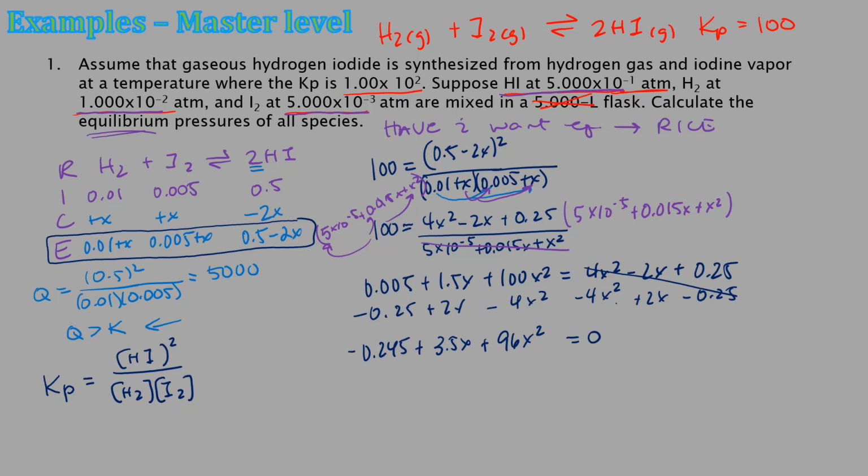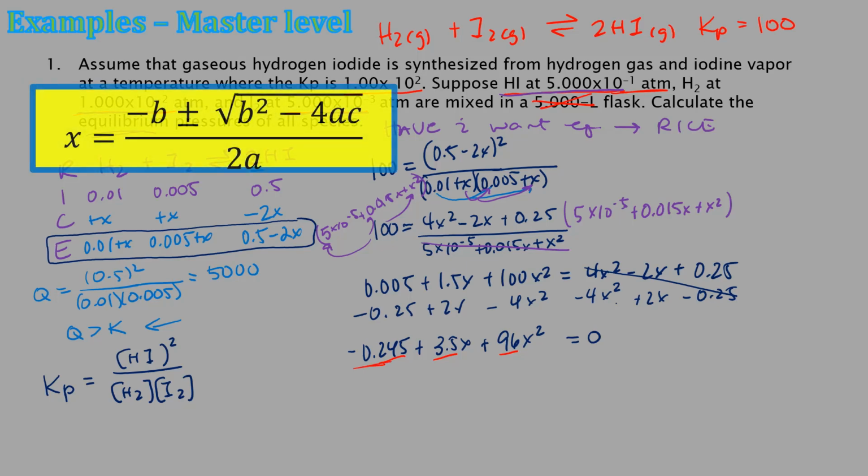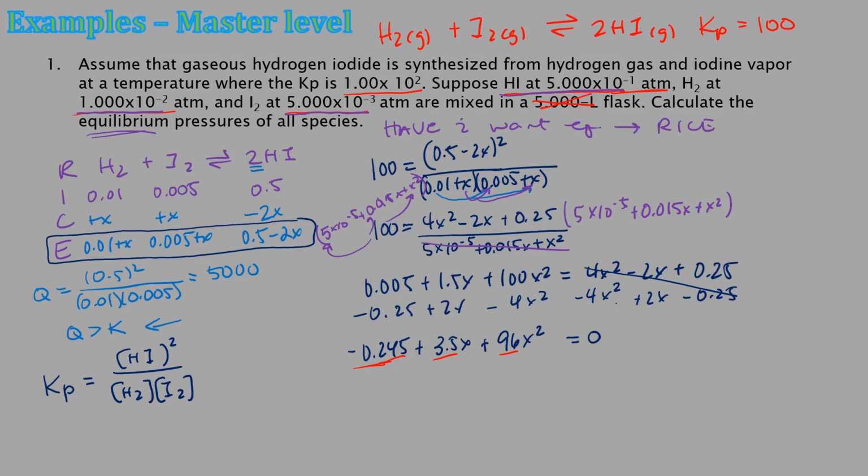All right, and then you can use the quadratic equation if you feel like you have to do it that way. I will show you how to program a quadratic solver into your calculator, into the TI-84s or 83. You can also use a quadratic solver on your computer. So this is the A value, the B value, the C value. Don't forget the negative sign for C. Remember, if you want to do it on paper, negative b plus or minus the square root of b squared minus 4ac all over 2a, you can use that too. But I plug this into a quadratic solver on my calculator, and I end up getting two values for x, right, because of the plus or minus. So you get